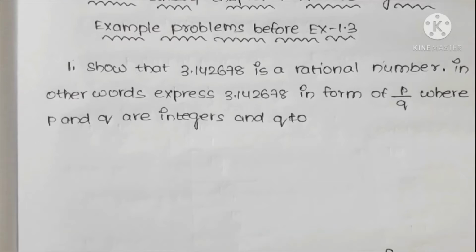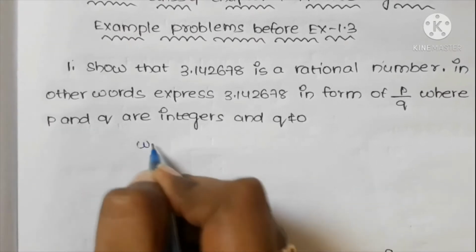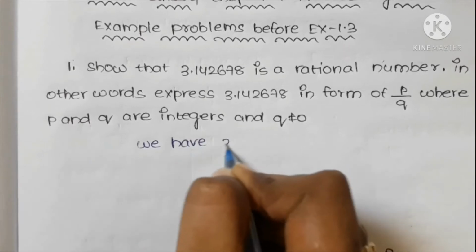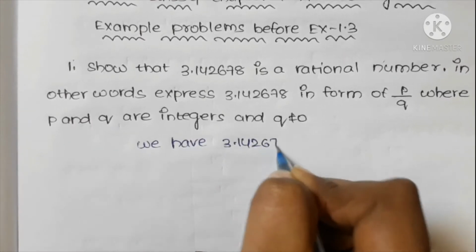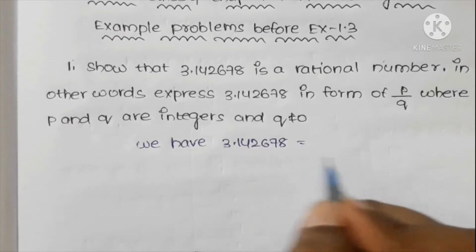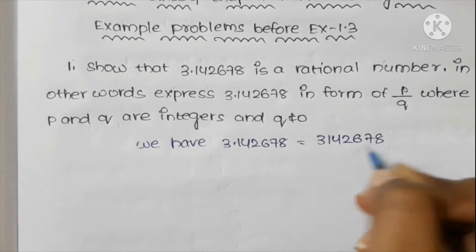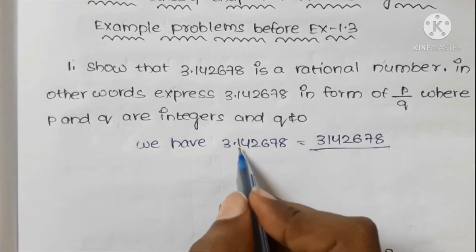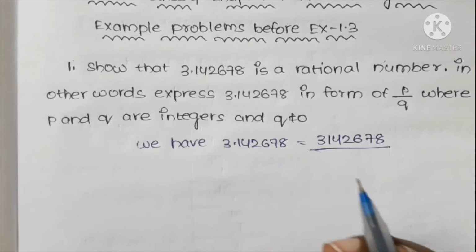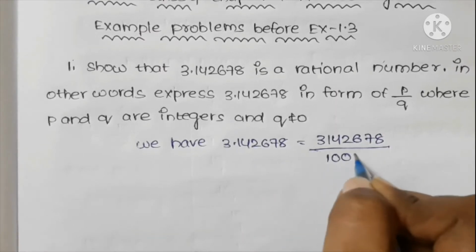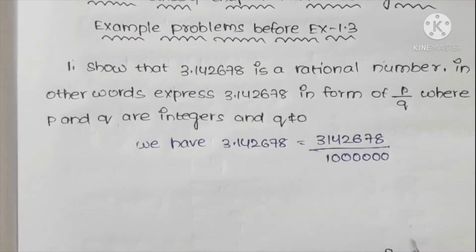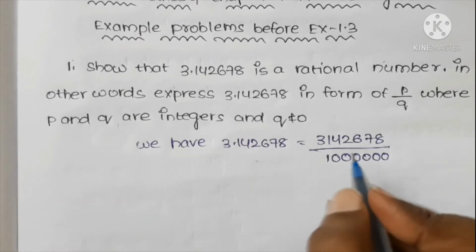Here we have 3.142678. They have given this. Now we should express this 3.142678 as a rational number. That is, it can be written as 3142678 divided by 1000000. That is, after the point we have 6 digits, so we should keep 6 zeros in the denominator,